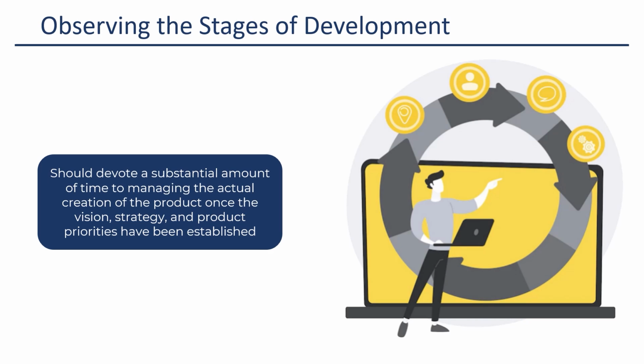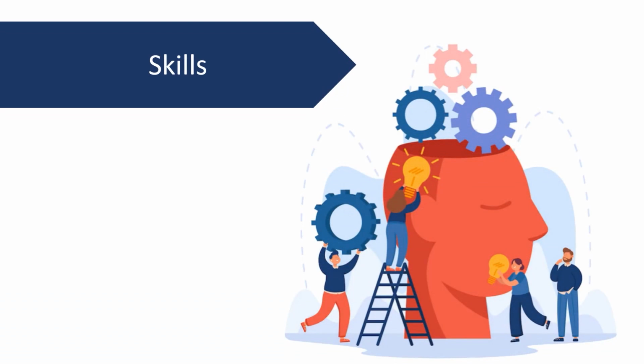The Agile product owner collaborates with stakeholders throughout the planning phases to determine and arrange the tasks necessary for the following iteration. After that, they will get together with their team to polish the procedure, pinpoint any problems, and assist with the sprint. Now let's move on to the skills of both product managers and product owners.